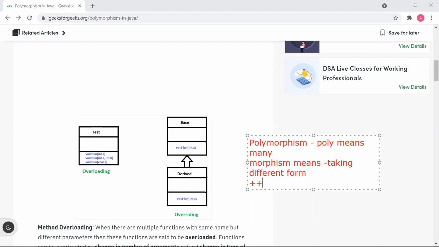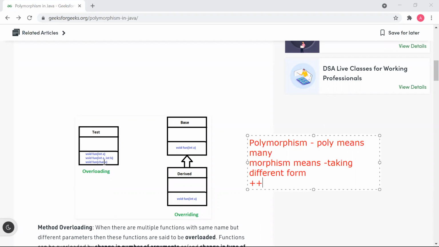But in Java, operator overloading has been removed. It was not added in Java because operator overloading was complex, and as Java is reducing the complexity, they have removed it. They have just added function overloading, where you can add a function with the same name, but the parameters should be different.